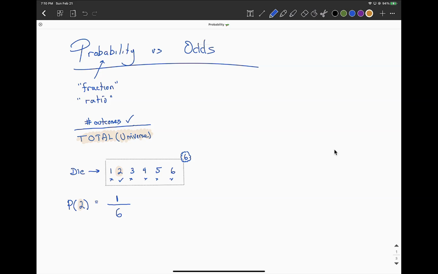Now, I'm a big fan of leaving it as the actual ratio that still is connected to the sample space. I mean, it says it's out of 6 in this form because there was a universe or a total of 6. Now, as you say, use this division and use this fraction, sure, you can get a decimal out of